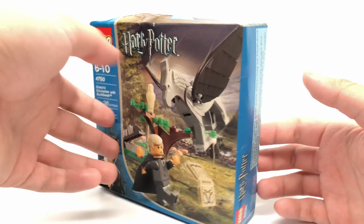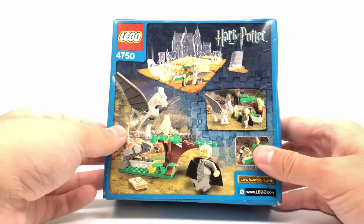Hello, Jesse Good here. Today we're taking a look at LEGO Harry Potter 2004 set, Draco's Encounter with Buckbeak, which